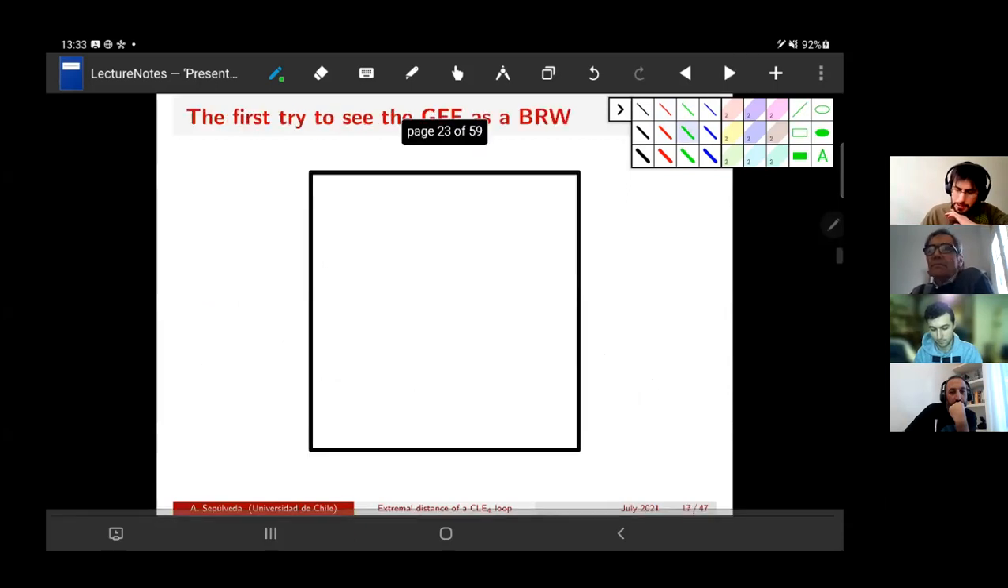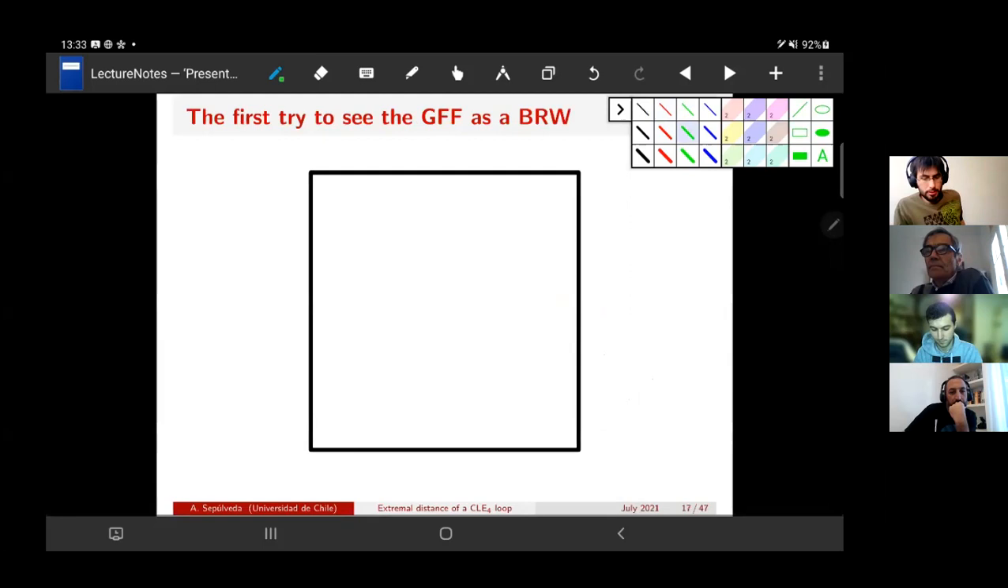Okay, so this gives us the first intuition on why the Gaussian free field belongs to the universality class of the branching random walk. It's because I start with the Gaussian free field and I'm going to discover it in a way that feels like I'm discovering a branching random walk. So I'm first going to use the Markov property on these two lines. I will learn what is the value of the Gaussian free field on these two gray lines. And what I will obtain